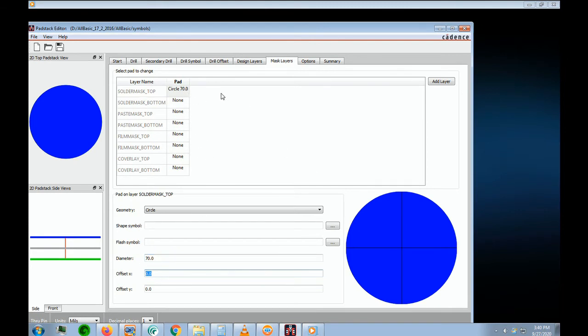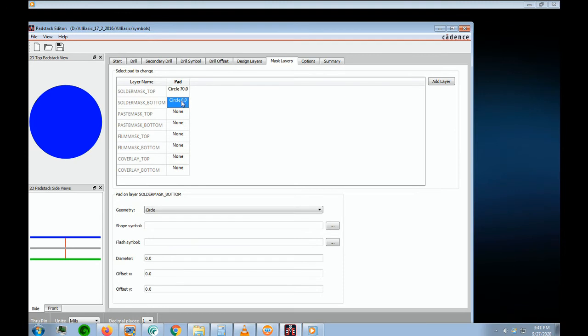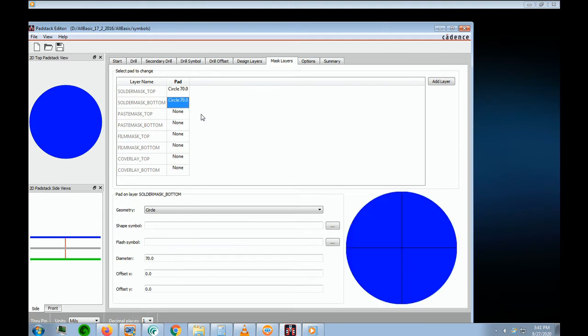Now if we want to do a little bit of a shortcut, we can click it, right click, copy, left click, and right click, paste, and that takes care of that. And on a through hole part, we don't have to fill in any of this. So now if we want to check everything that we've inputted,